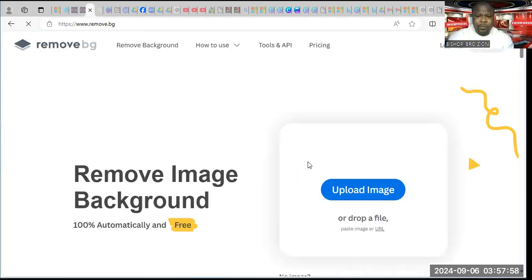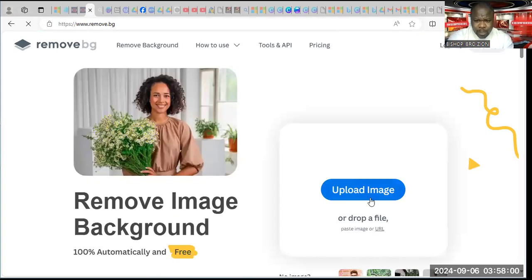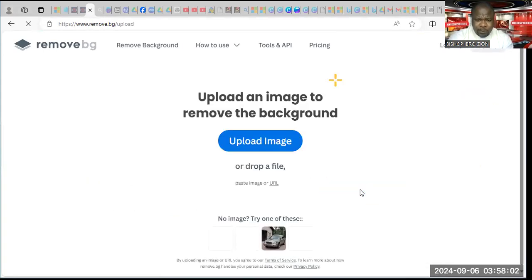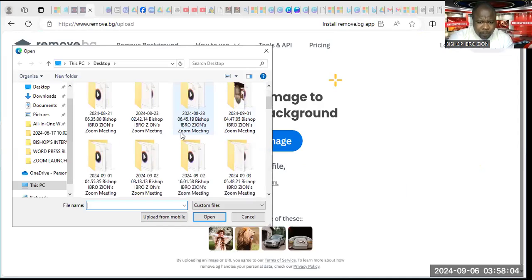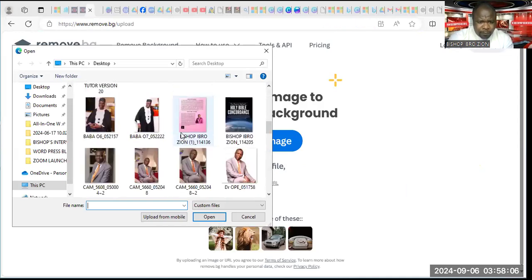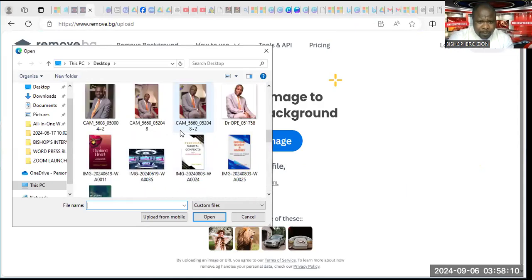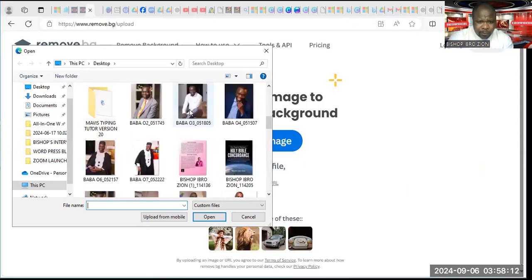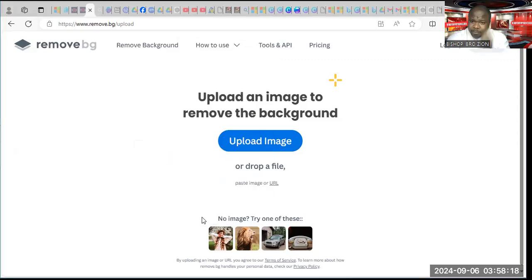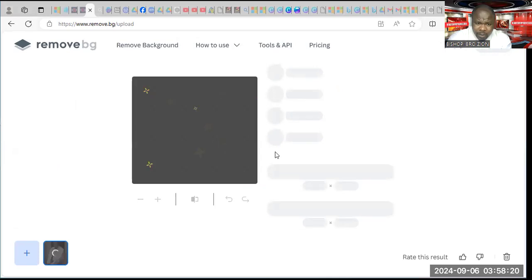To make your photo, you say upload image. Click on upload image, search for any photo. I want to use my photo, or since Baba is here, let's use Baba's photo. This is Baba's photo, wearing white shirt. We'll bring it up. The photo will come up